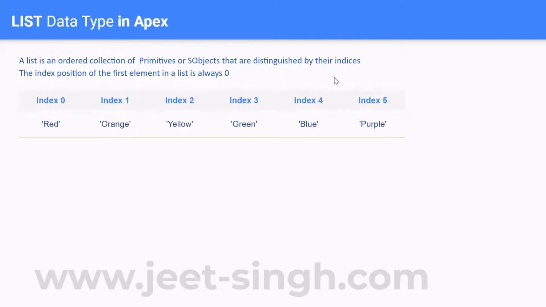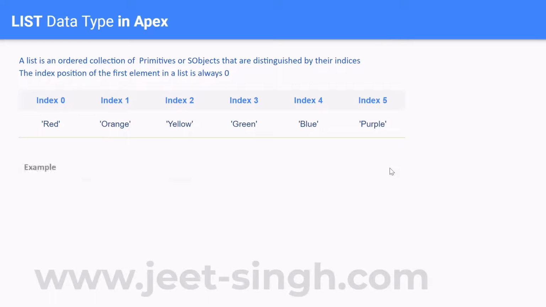Got it? Now with the help of the index number, you have the option of retrieving values just using the index number. That is the main purpose of this ordered collection index number: if there are multiple values, the same value repeating, it permits that, because those are in two different index numbers. You will have business scenarios where you want certain values to be repeated in a list. That's where you use a list.